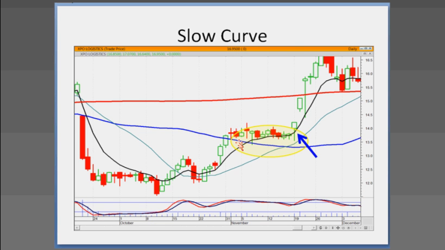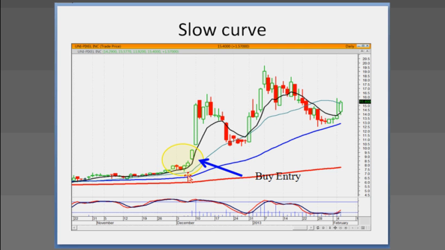Again, that slow curve. The reason I like to show these is I've made so much money over the past couple of years coming off the slow curves, because we know what the results are. This is human emotions building up, getting confident, and boom, they take it up big. So if you're buying calls right here, you're not making 20, 30, 40%. You're making 200, 300, 400, 500% on your calls.